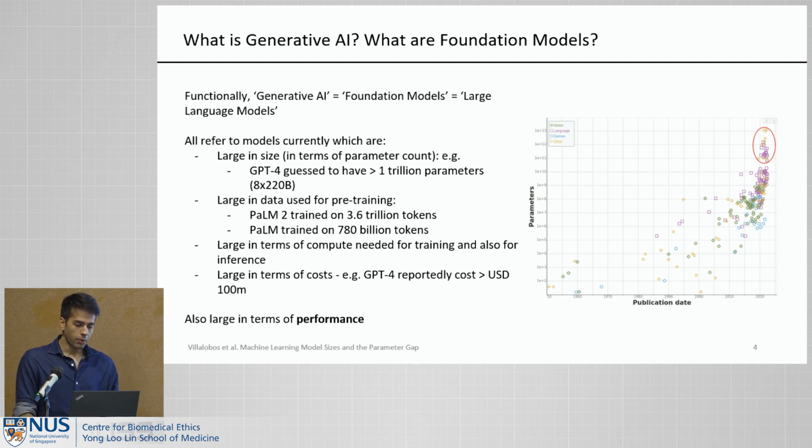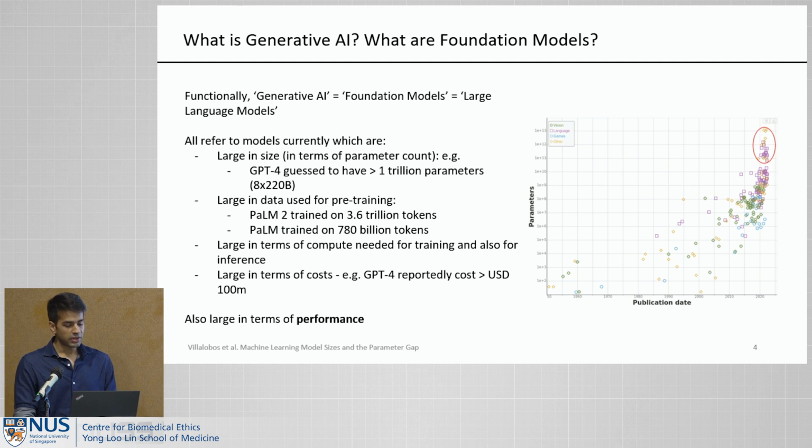So how are they large? Well, they're large in size in terms of parameter count. I really like this graph. It shows how the parameter count has increased with models over time. About 10 or 14 years ago, when we started to have the revolution in image models, we were at about 1 million parameters at the most. We're now at over 1 trillion. GPT-4 is meant to be over 1 trillion parameters, an ensemble of 8 models with 220 billion parameters or so. Very, very hefty models.